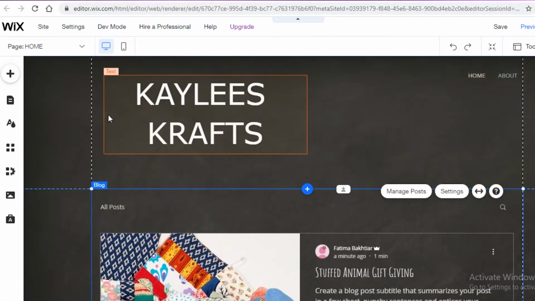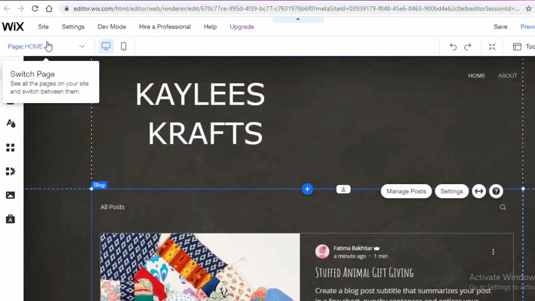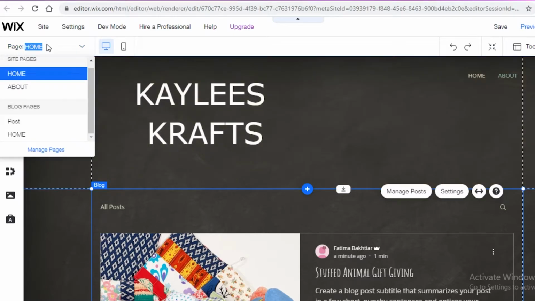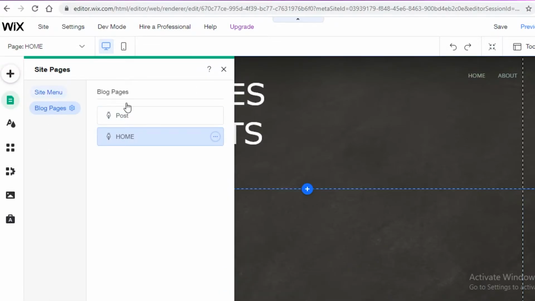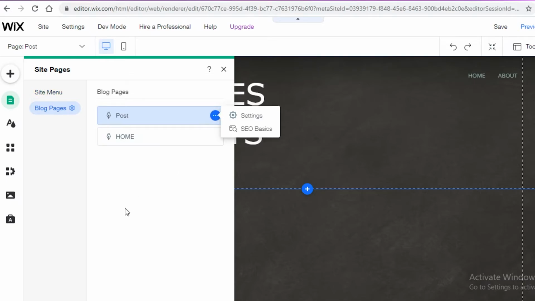But if you want to add new pages, what you're going to do is go onto your pages section over here. Then you're going to click on manage pages, and now you have your blog pages. So you have your post page and your home page, and with these two pages you can rename them and add more pages as you go. Now